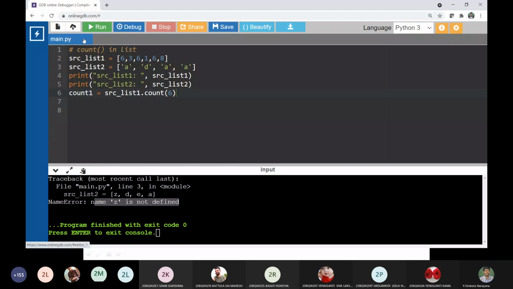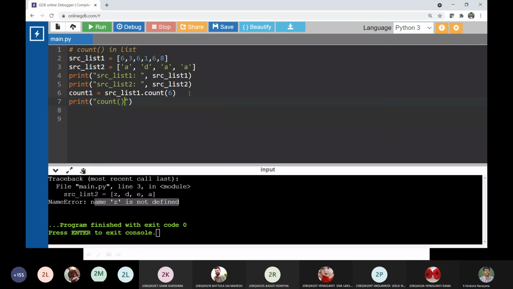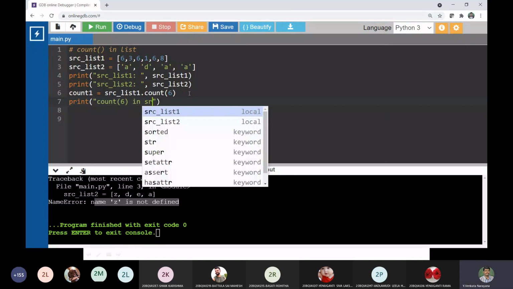So now I would like to print the count, that is, the count of 6 in source list 1.